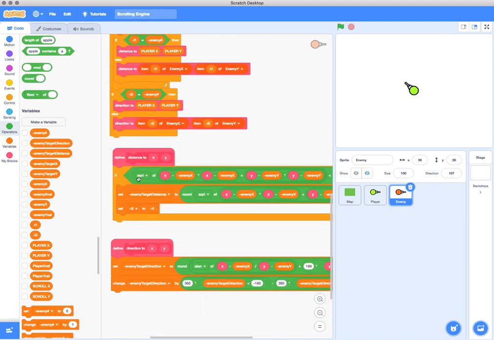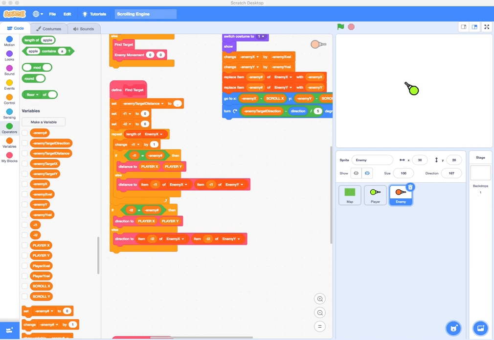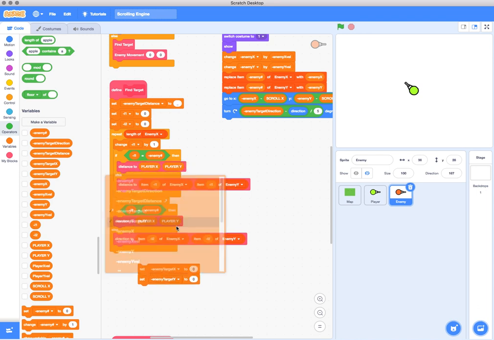So what we're going to do after this find target block, oops, I have these pictures of the scripts that I'm using, just as a refresher of what they are, because they're pretty long. Alright, so what we're going to do is set the enemy target X and Y to whatever coordinate it zeroed in on is. So that could either be the player's position or